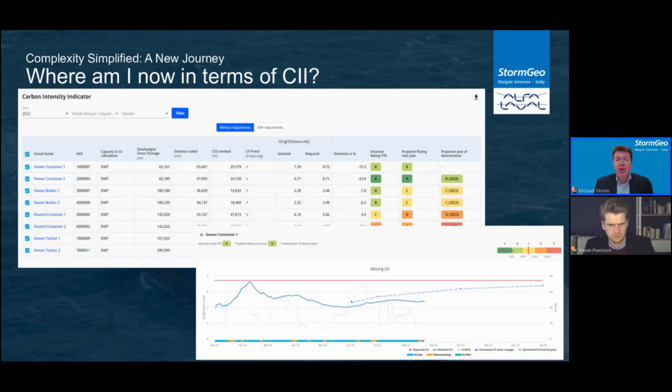So now if we take a look at this journey, how does it start off? It really starts off with you knowing, where am I right now in terms of CII? And that vision can be understanding what your attained CII is. If I'm an owner operating the vessel, you can project out a variety of different simulations to see where your vessel is going to be. And you can even have vision into where, basis the trajectories that your vessel sits in, where that vessel is going to degrade if you maintain the exact same operating profile, where she's going to degrade into the next lower category. So these are all important things from an owner's perspective, but if we look at it from a owner